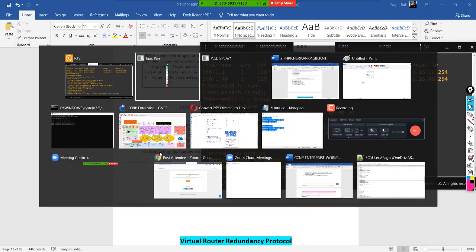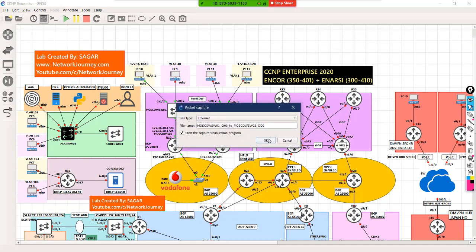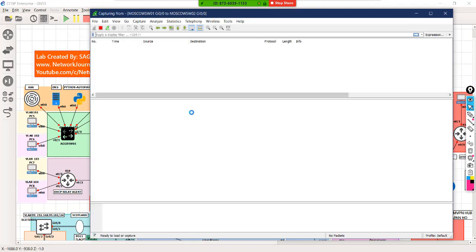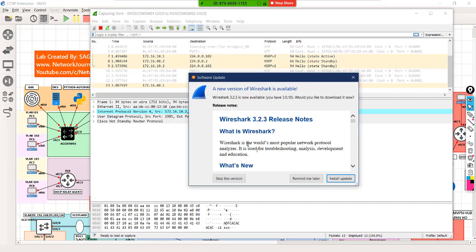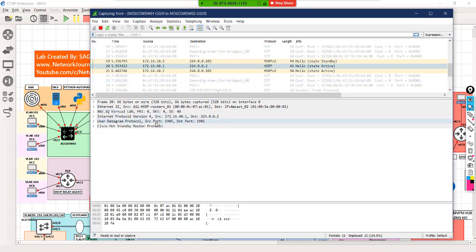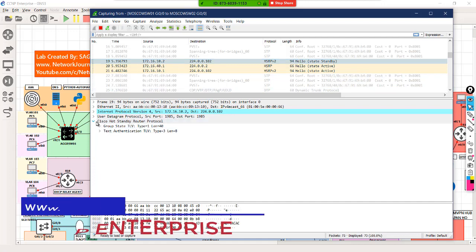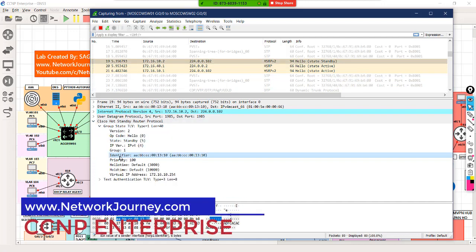Okay, now let me open up Wireshark and let me show you the difference between the version 1 and version 2 packets. So over on this interface, I should be able to see both the HSRP packets, right? So I have version 1 as well as version 2. In the case of version 1, if you see, I do not have an additional component called an identifier, but if I open up version 2, I will have something called an identifier.